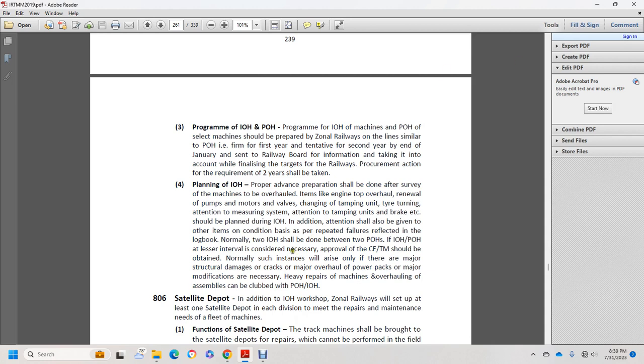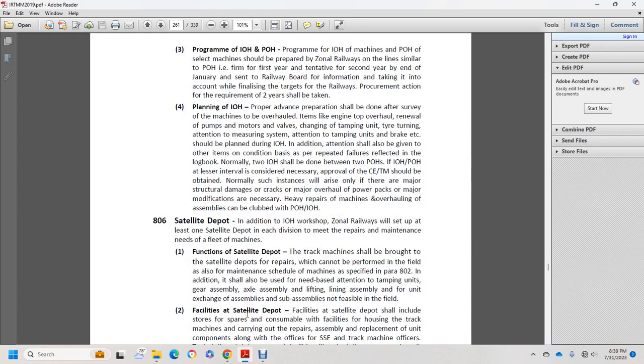806 Satellite depot with an additional intermediate overhaul workshop. Some railways set up at least one satellite depot in each division to meet the repair and maintenance needs of the fleet of machines. The function of the satellite depot for track machines shall be to provide the facility of the depot for repairs which cannot be performed in the field, along with the maintenance schedule for the machine specified in paragraph 802, with additions as needed